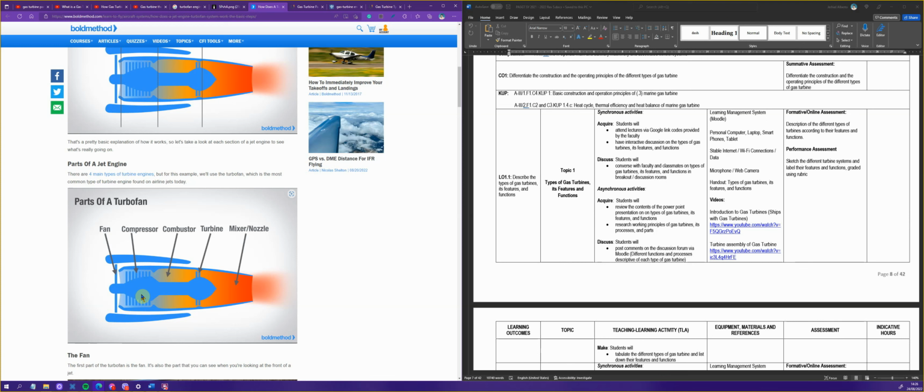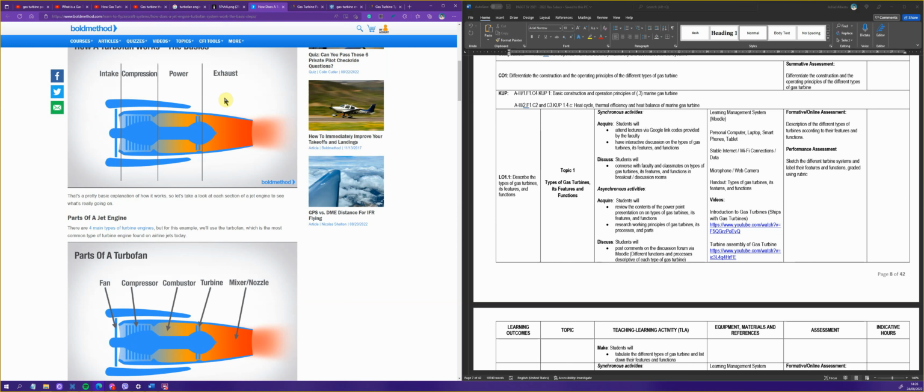Tataas siya o bababa? Tataas po. Yun, very good. Tataas. So, ngayon, mangyayari, if you have a higher pressure of air, pagpasok mo ngayon dito sa combustor at nag-inject ng fuel at in-ignite yan, mas malakas ngayon yung explosion mo. So, ang mangyayari, it will again turn your turbine as it exits